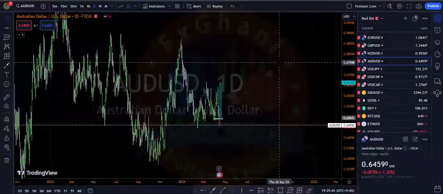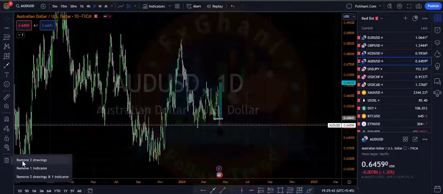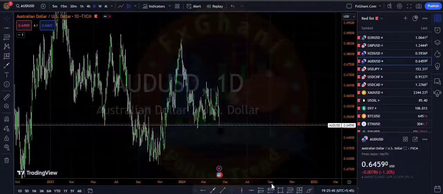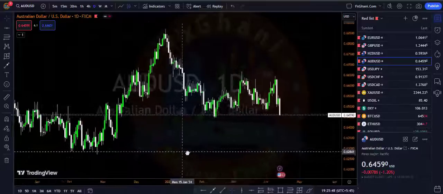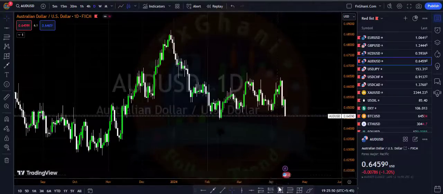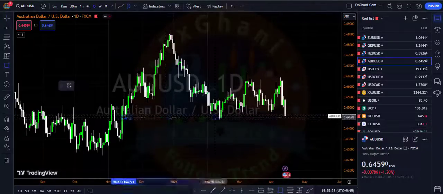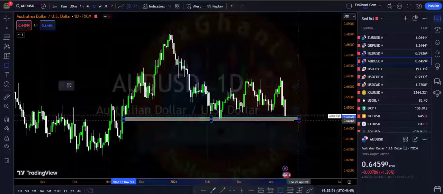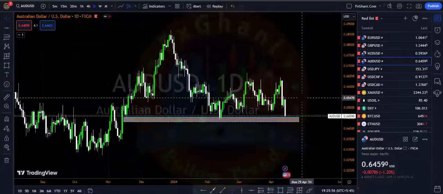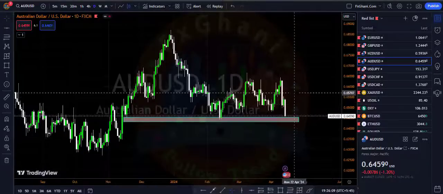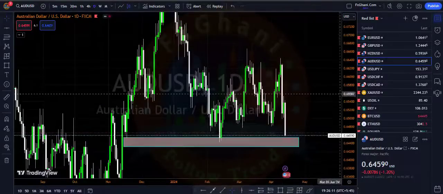Next is AUD/USD. AUD/USD is also at a support level. It's also at a support level. But the thing is, AUD/USD is a little bit more aggressive as compared to NZD/USD. So I think just wait for a break of this support level, then you can enter a sell. Otherwise, like you can see,